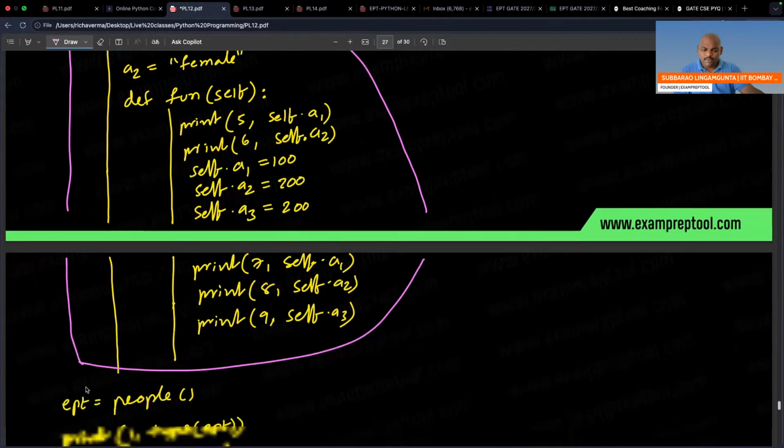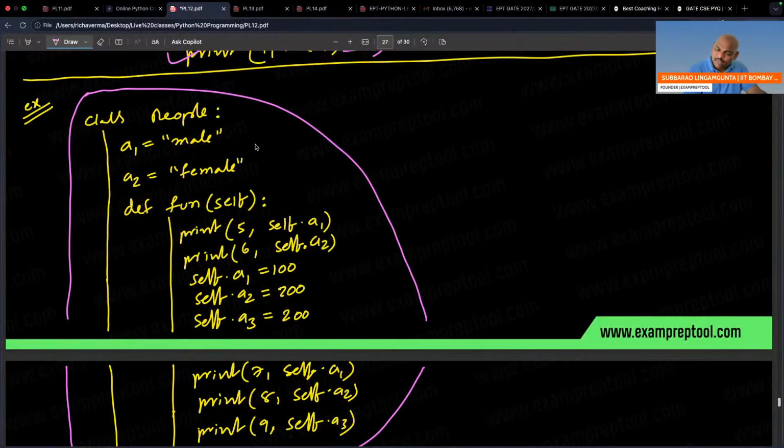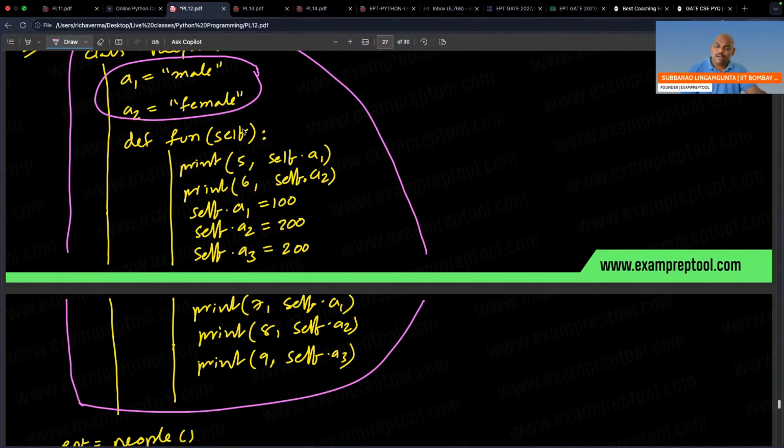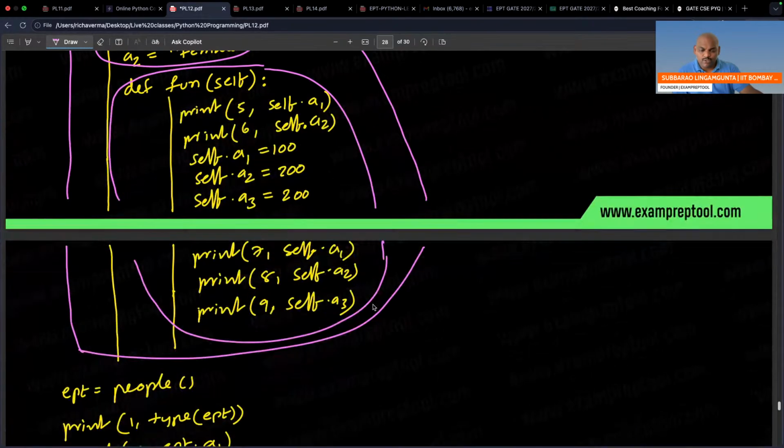This is a class, right? Inside the class, what happened? Let me check. Inside this class, there are 2 class variables. And one more, there is one function, the fun function. Only one function, maybe bigger, so many things I am printing. This class has one function and two variables.